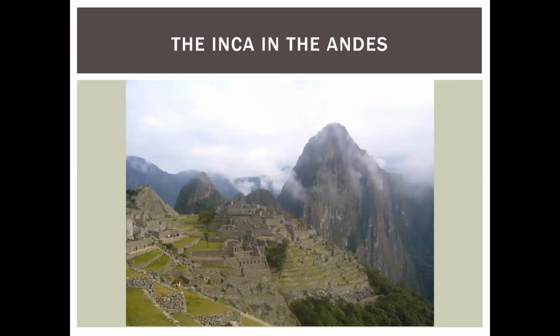You can get a sense here of how mountainous the Inca civilization was, where they lived. This is a picture of Machu Picchu in Peru, and those mountains are incredible. I can't imagine having a city there and then having to go across those mountains to connect to another city. But the Inca did that because they had incredible road building techniques, and they had animals. There's one here, the llama, that was great at climbing mountains and could carry goods on those mountain roads.